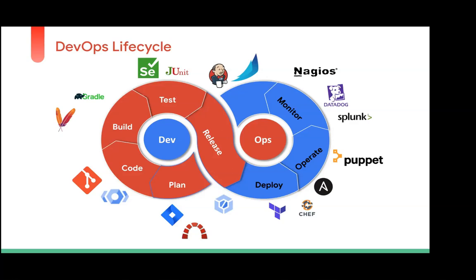So now we deployed it, and customers have started using it. Then you have to operate and monitor, right? Let's say, for example, a customer is facing some problem or your program itself is facing some package issue. That is where operate and monitor comes into the picture. You operate it and then you monitor the application that you have launched. You can use Splunk to check the logs, and you can use Nagios to monitor the traffic